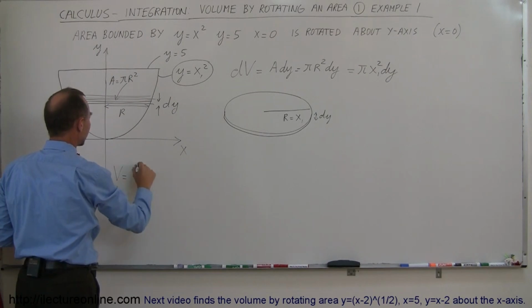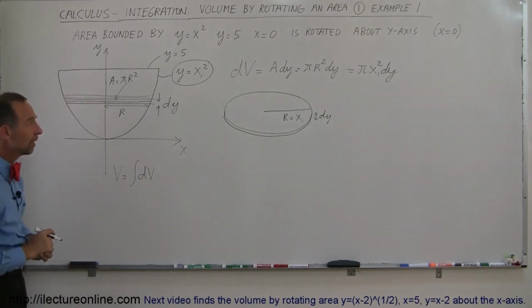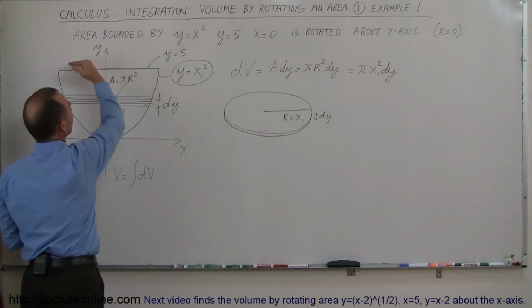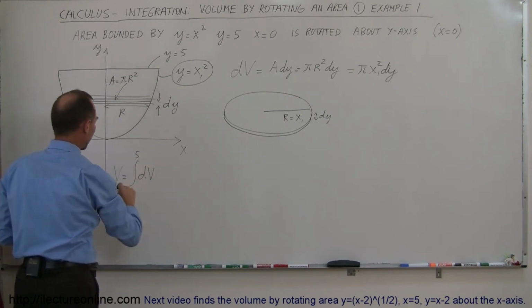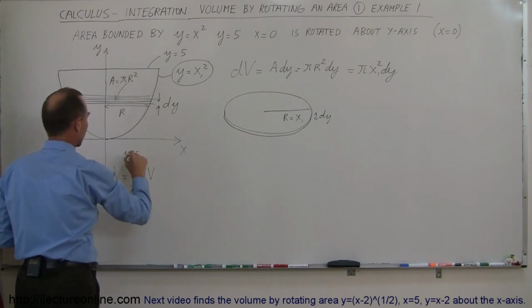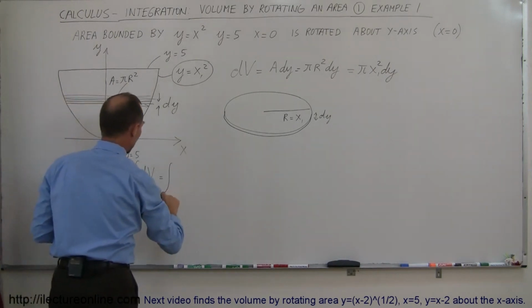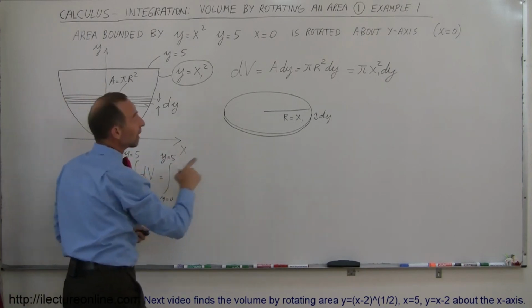So I want to find the whole volume. The whole volume is equal to the sum of all the little dVs, and the sum, of course, is the integral of all the dVs. I'm going to integrate from y equals 0 to y equals 5 because I'm given the upper limit here and the lower limits, so from 0 to 5, and these are y limits. And dV is defined right there, so this is equal to the integral from y equals 0 to y equals 5. Instead of dV, I can write